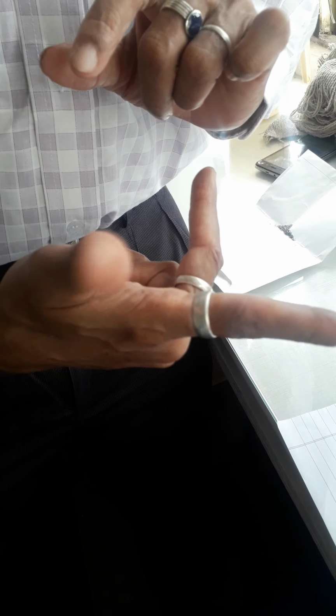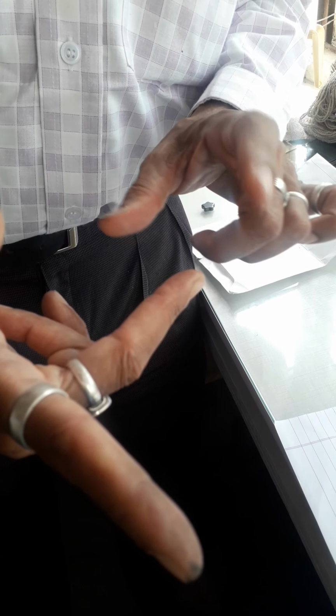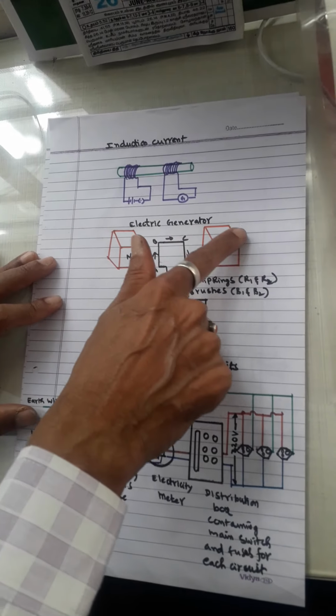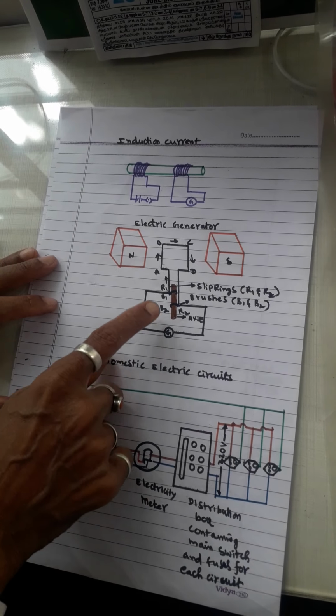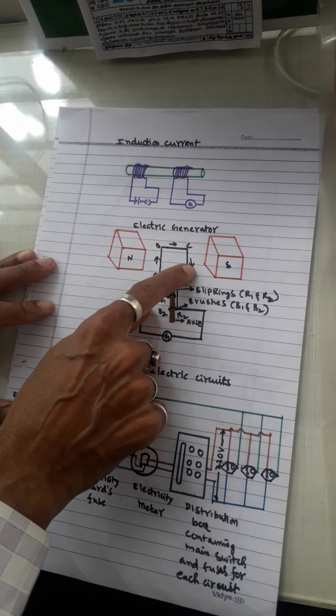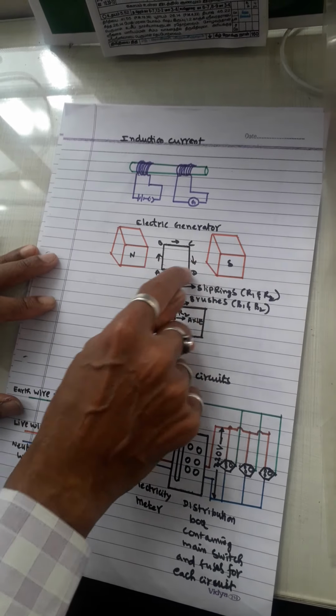So for generating this current, what do I have to do? This is the magnetic field actually. In this magnetic field, in a perpendicular direction, I am producing motion, and by that, induced current will be generated. In another perpendicular direction, electric current will be generated. This is what we call Fleming's right hand rule. This principle is used for the generator. You would have seen generators, the diesel generators and all. What they do is keep an ABCD insulated copper wire coil. More windings will also be there.